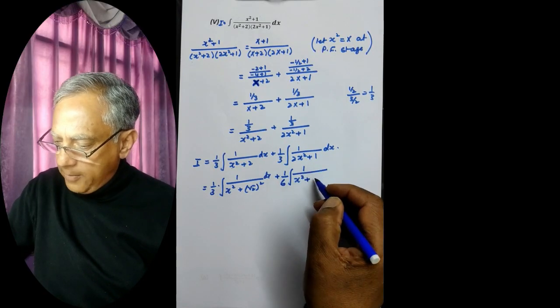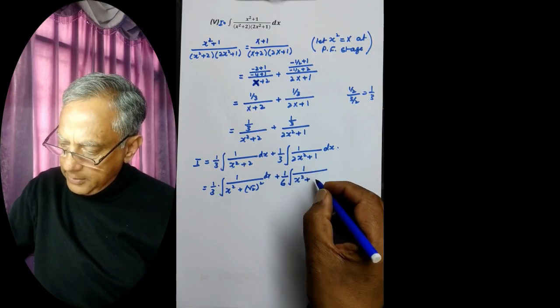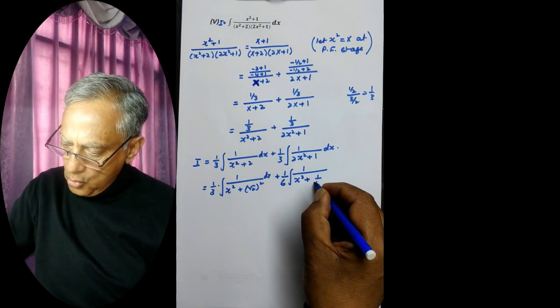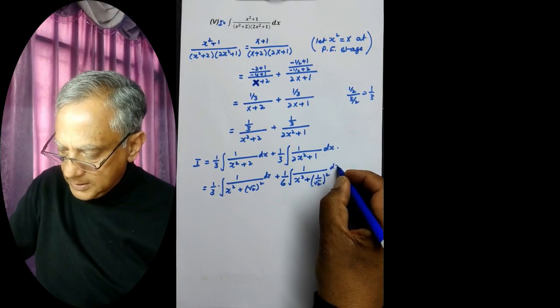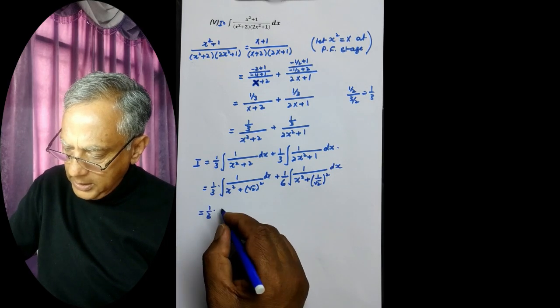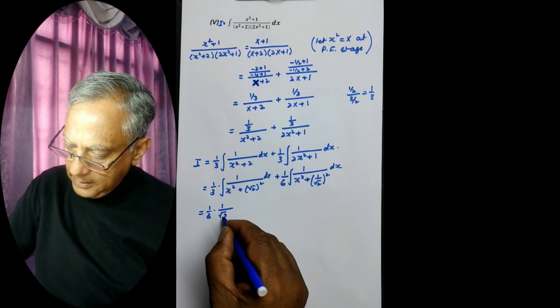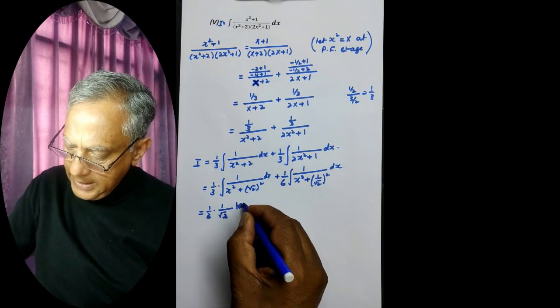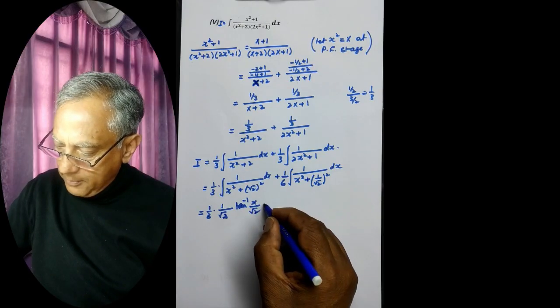If we take 2 common, it will be x square plus 1 by 2, and 1 by 2 can be written as 1 by root 2 whole square dx, and this is equal to 1 by 3 into 1 by a, a is root 2, 1 by a tan inverse x by a, root 2, plus 1 by 6